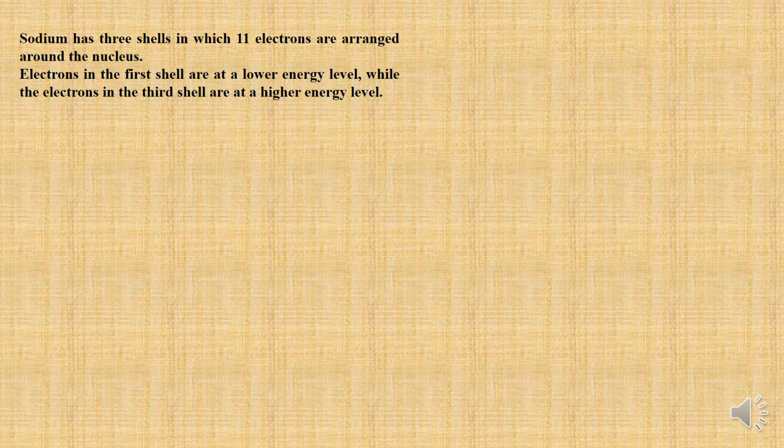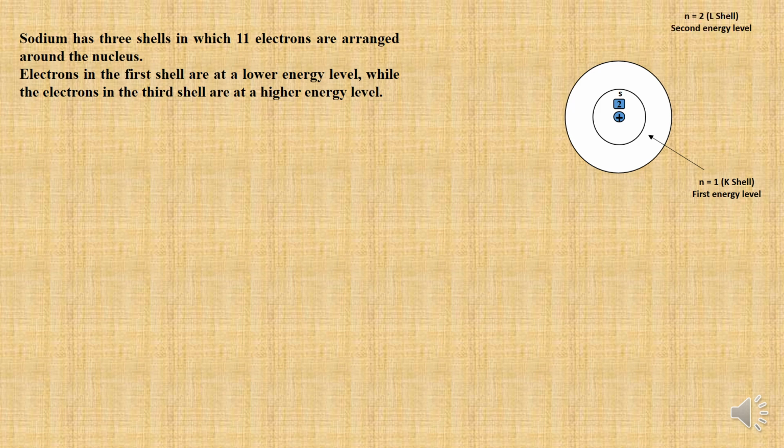Now sodium has 3 shells in which 11 electrons are arranged around the nucleus. Now the electrons in the first shell, they are at a lower energy level. The electrons in the second shell, they are at a slightly higher energy level, that is the second energy level,